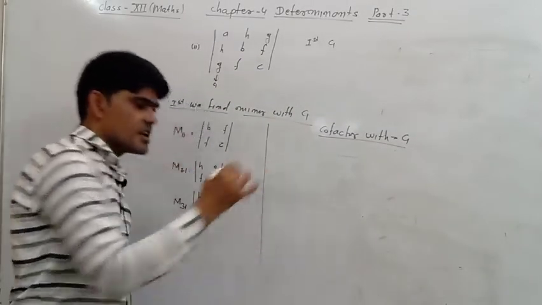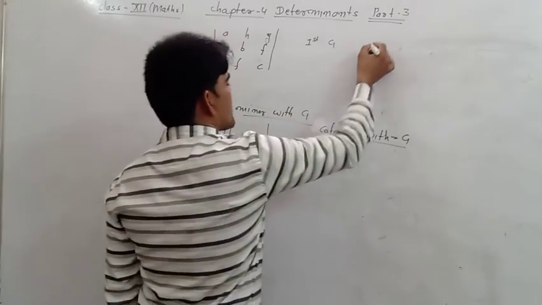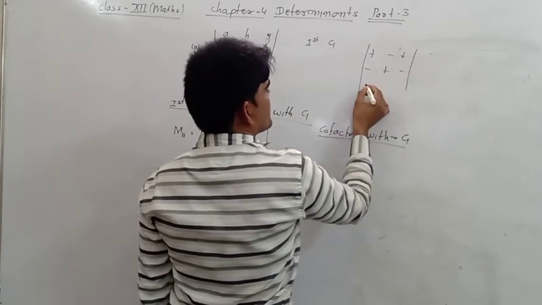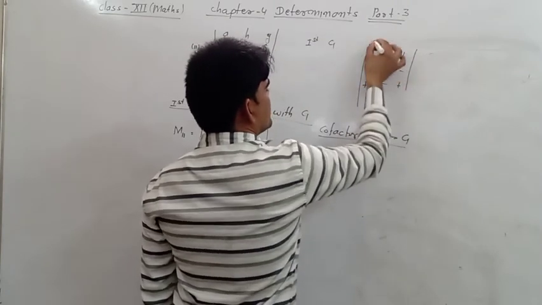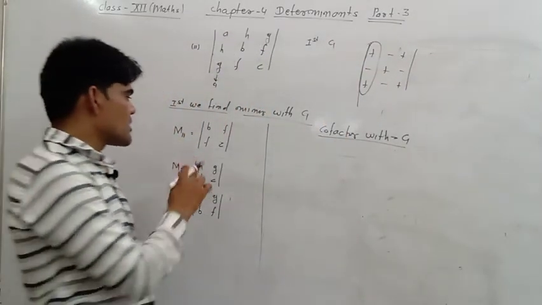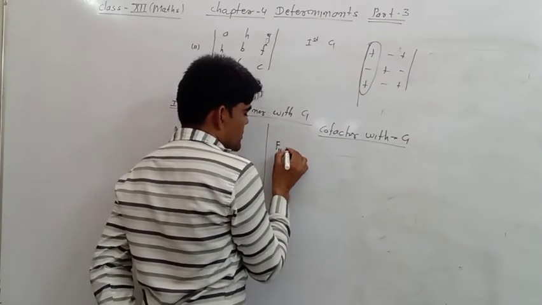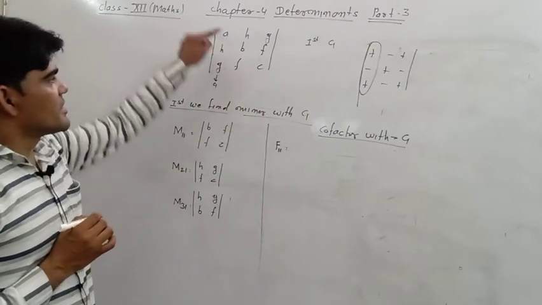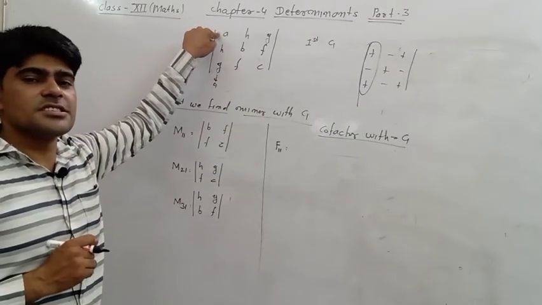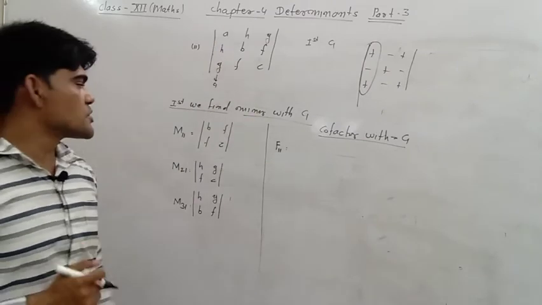Then we use the sign for this column. This column has the symbols plus, minus, plus, minus, plus, minus, plus, minus, plus. These signs are useful for the cofactor. Cofactor F11 means, with respect to F11, this is the first element of the first column. Its position is 1, 1, and 1 plus 1 is 2, an even number. Then we use the positive sign.